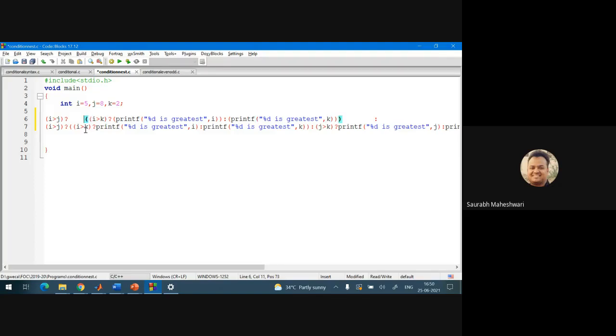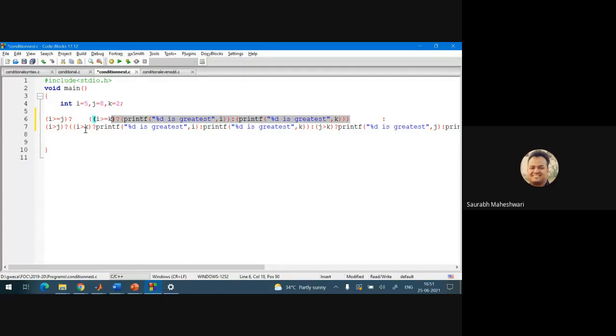So let us look once again. If i is greater than j and we check this condition, so if this condition is true, we will compare i with k, and if i is greater than k, it means i is greatest, and if not, i is less than j, it means k is greatest. Okay, so you can do with greater than or equal to also. Fine. Now what will happen if this condition is false? So for this particular condition, we will write now the false statement.